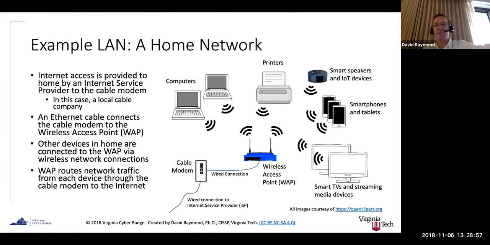And I like this example because I would guess that students will be familiar with this kind of network. They maybe just don't think of it in these terms. And this happens to be an example of a wireless network. And it's a home network, right? So if you think of a home network,